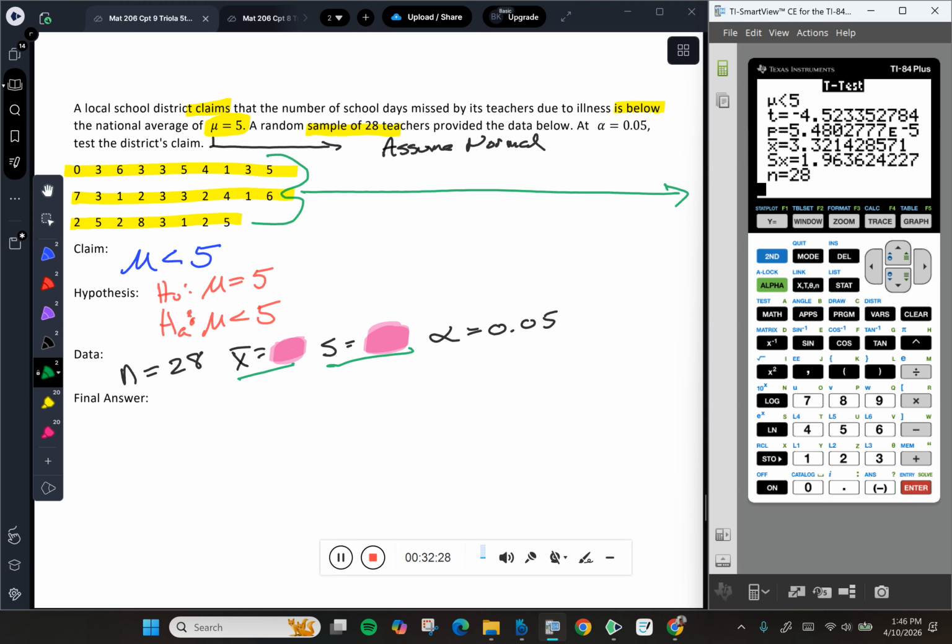Calculate, and it finds it. And if you needed it, there's the x bar at 3.3. There's the standard deviation at 1.96, right? There's the standardized test statistic at negative 4.5, but more importantly, there's the p-value. Okay? Uh-oh. Now, this is the only example we've seen so far where it can be a little tricky. Look at that p-value. Do you see the 5.48? But what about the e negative 5 on the end? Scientific notation, that p-value is actually